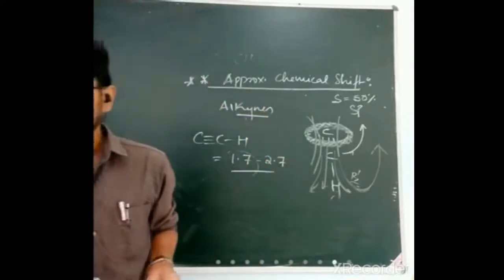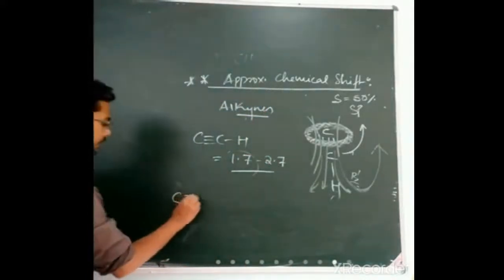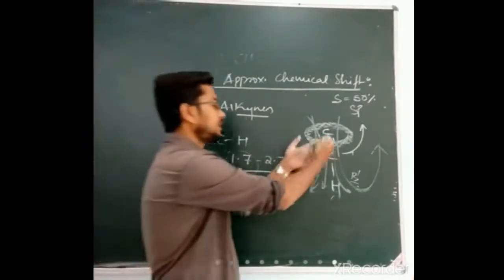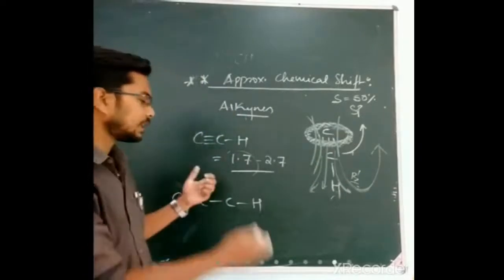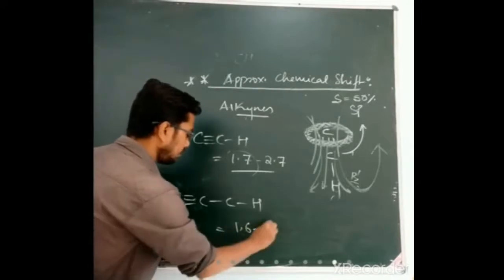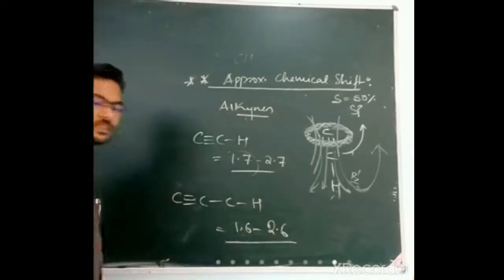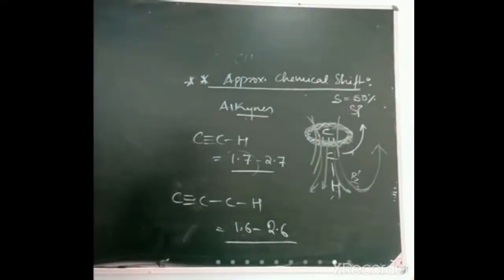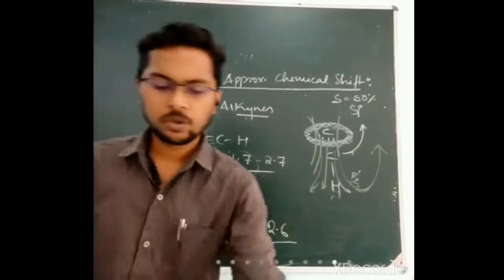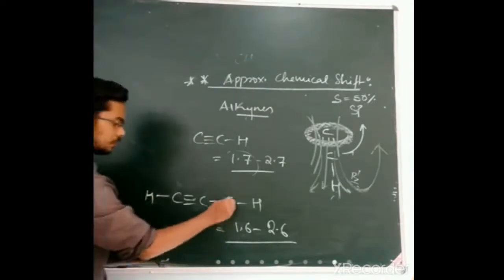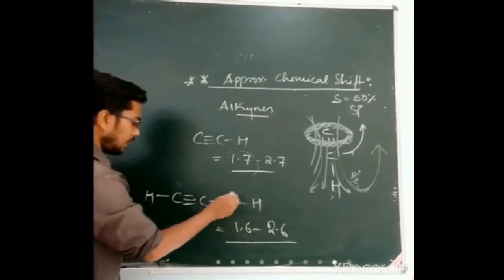Okay. So similarly, if the alkyne is a little bit far away, these factors will also somehow diminish, and the electronegativity factor will also diminish. So this is coming at 1.6 to 2.6, but with slight changes there. And if you look at the coupling constant, it is very minimal here. It is around 2 to 3, so the coupling will be here. This is 1, 2, 3, 4.